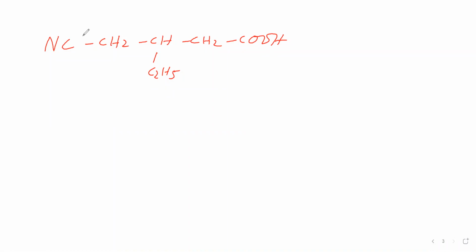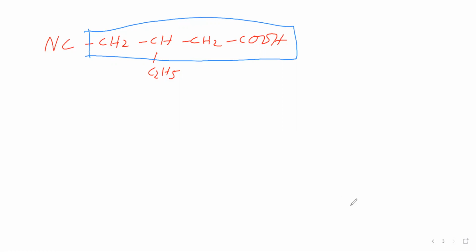When it is acting as a substituent, this name comes under prefix. Prefix name is cyano. Cyano means that this carbon is included. Therefore, while you are selecting the parent chain, don't include this carbon. Therefore, the parent chain we are selecting like this. This carbon is attached to the parent chain. That means it is a prefix now. It is a substituent. This prefix name is cyano. In cyano, the carbon is included. Therefore, this carbon is not included in the parent chain.